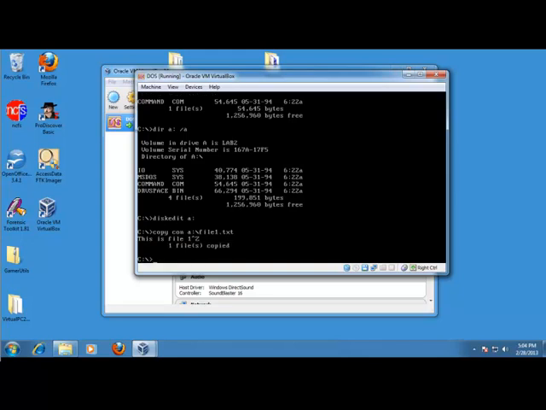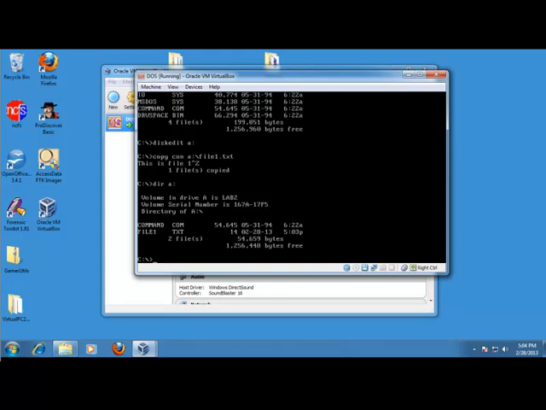So if I do a directory of A, I will now see, in addition to the command.com there, this file1.txt. And if I were to type that out, which is the term in DOS for printing or listing, it would show "this is file 1." Now I'm going